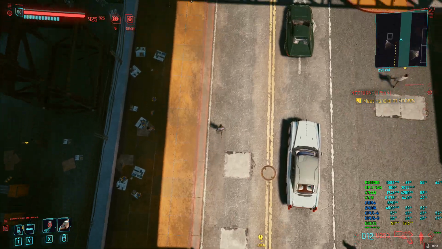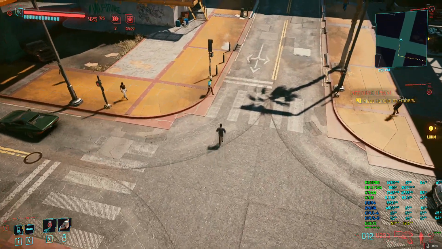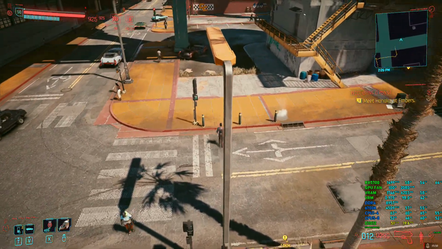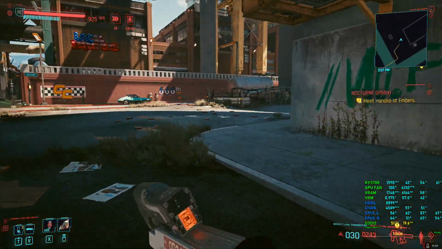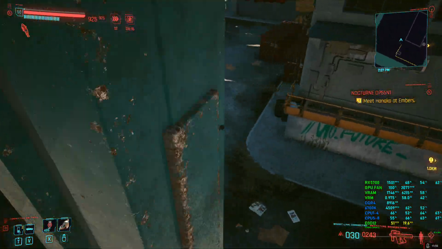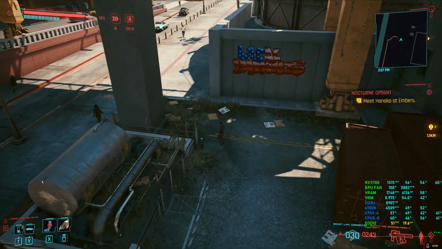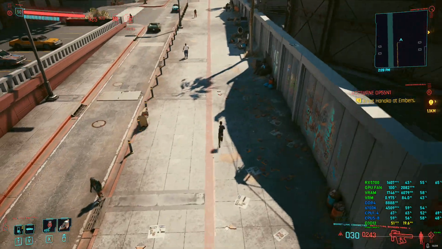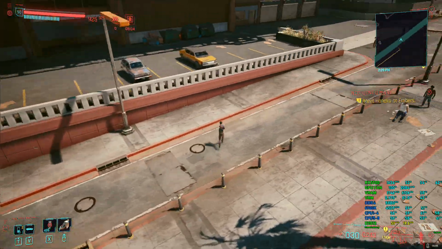And you could even play it as a top-down RPG if you wanted. But shooting doesn't work very well this way, but you can just tap B and go back into first person. So it really depends. You can customize the gameplay to be how you want. You can see more of your surroundings if you feel a bit claustrophobic in first person. You could even see higher buildings, balconies, and stuff like that that you might not normally see